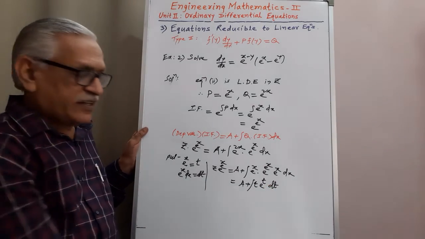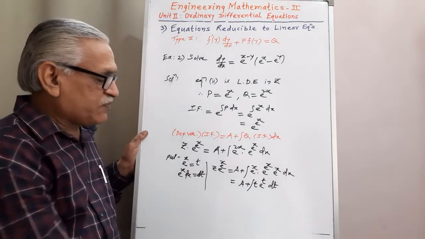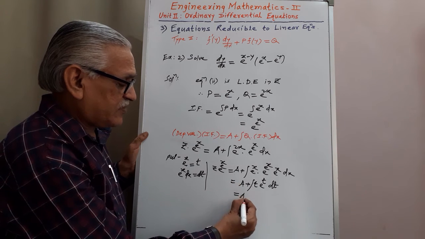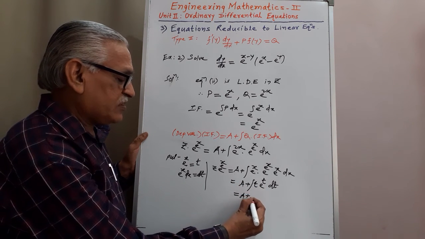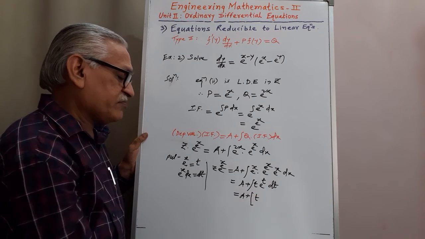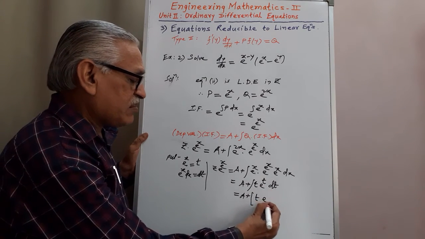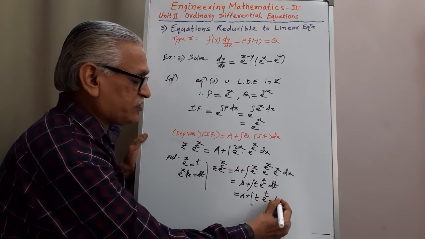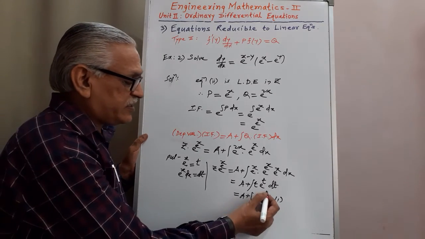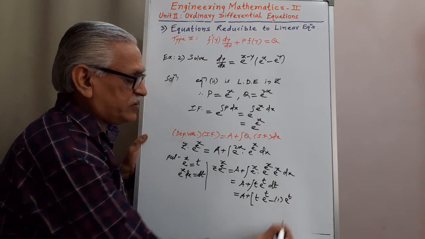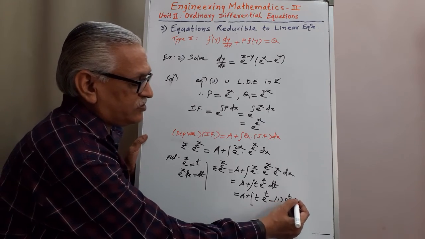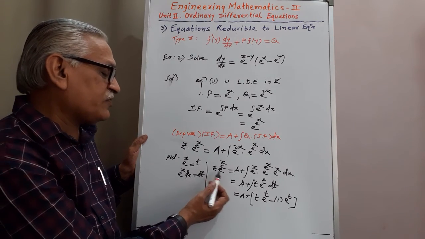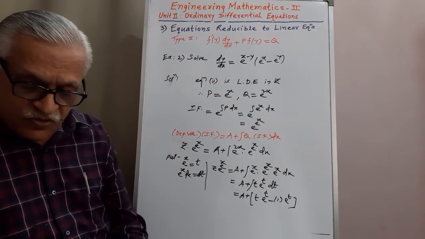And then integrating this product by generalized parts, the first term must be t and the second term must be e raised to t. Therefore, first term t, integration of second e raised to t, minus derivative of t with respect to t, 1. Next, integration of e raised to t is e raised to t, plus next derivative 0, we stop here, and then substituting the values of z and t, therefore the solution is